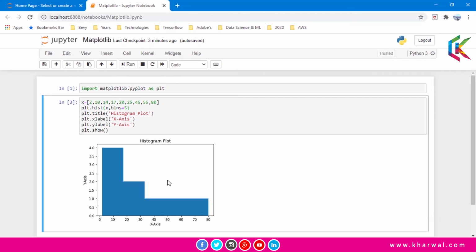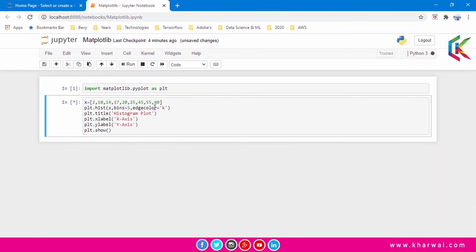But actually it is very difficult to understand this histogram plot because we don't know how many bins are available in this plot. So to solve this problem, let's add the edgecolor parameter in this hist method. I am adding, let's say, black color.